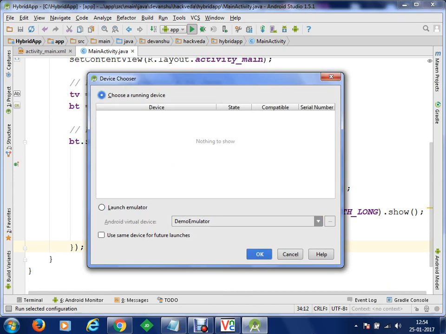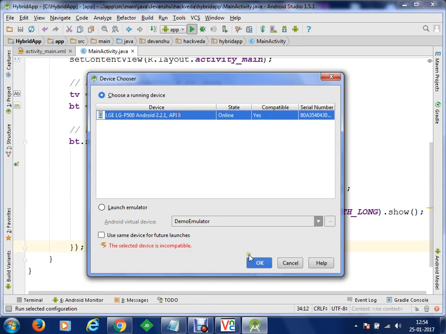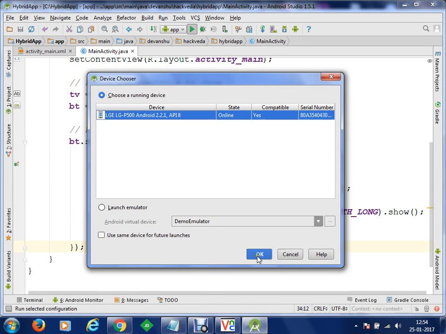So let me just connect my mobile device. I've got my device here. Let's run the application.